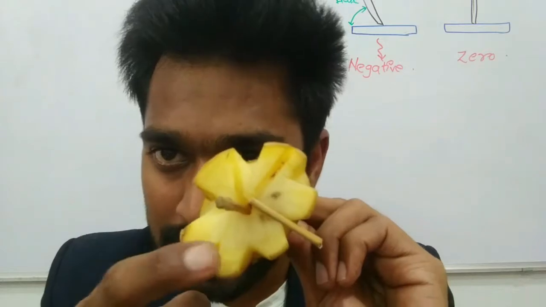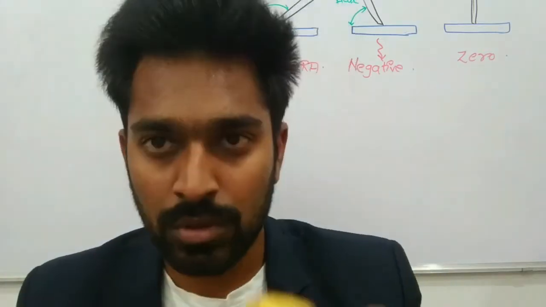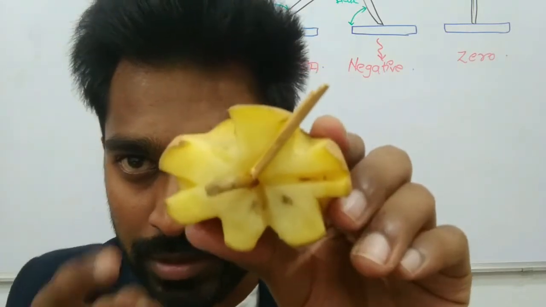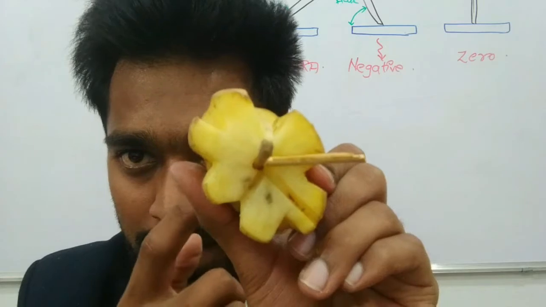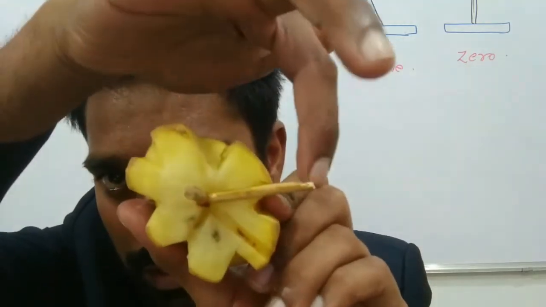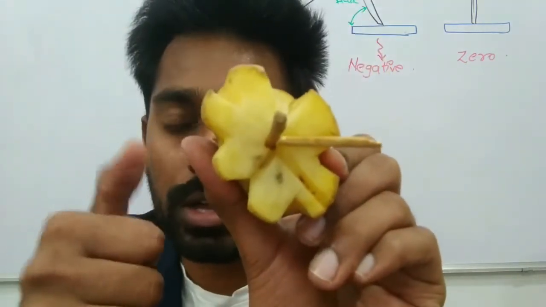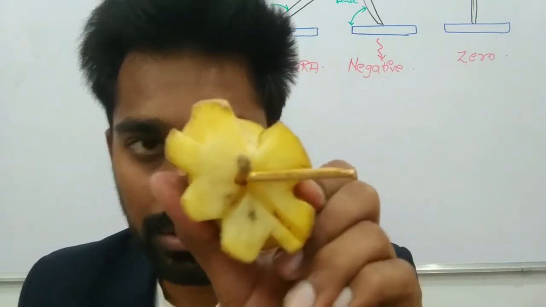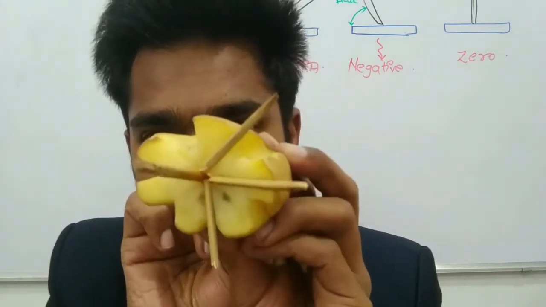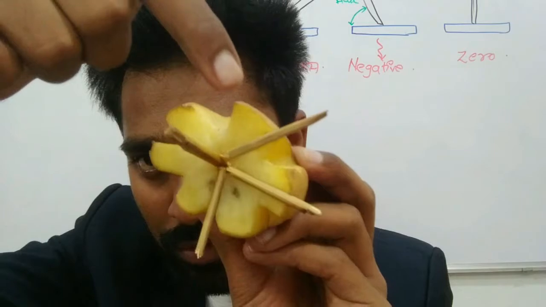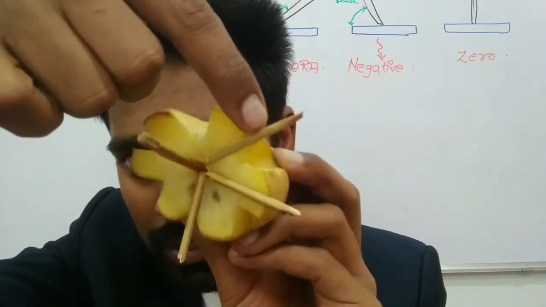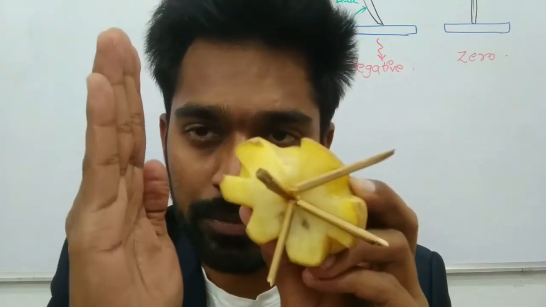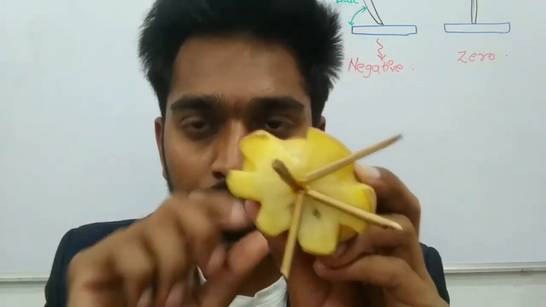Suppose the radius of the file coincides with the rake face. You can see in this diagram, when the file is rotating, the radius of the file is exactly coinciding with the rake face. This is called a zero rake angle. I repeat, when the file is rotating in a clockwise direction, in the first picture, the radius of the file is coinciding exactly with the rake face. This is called zero rake angle.